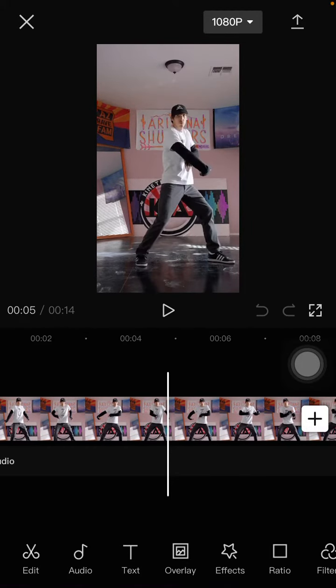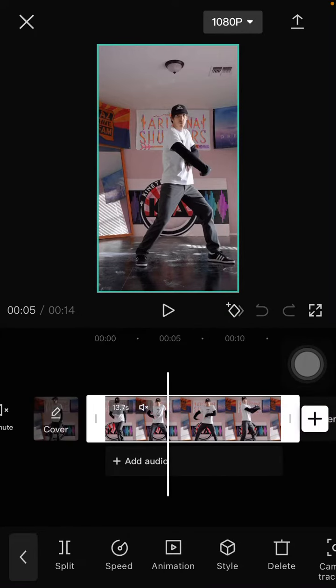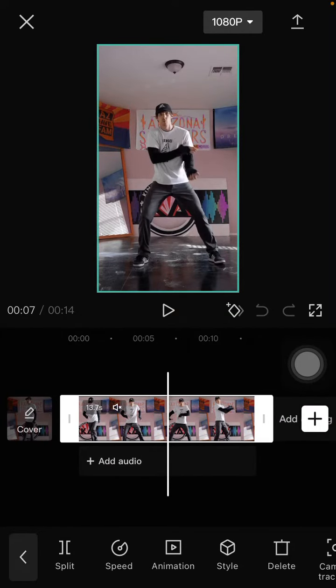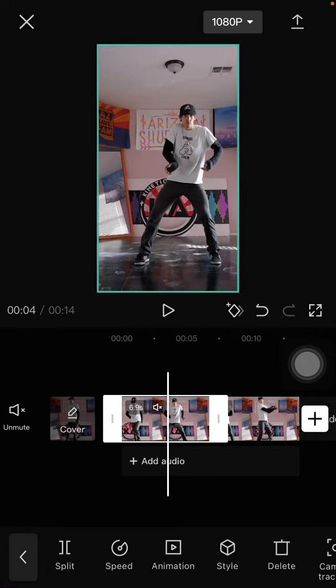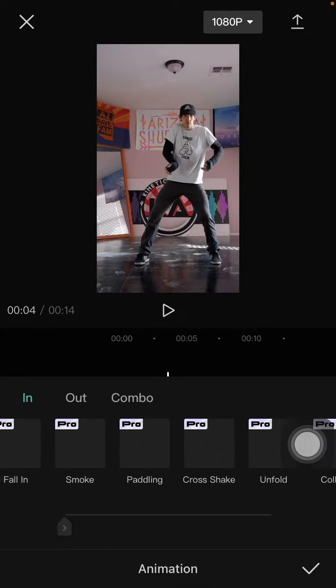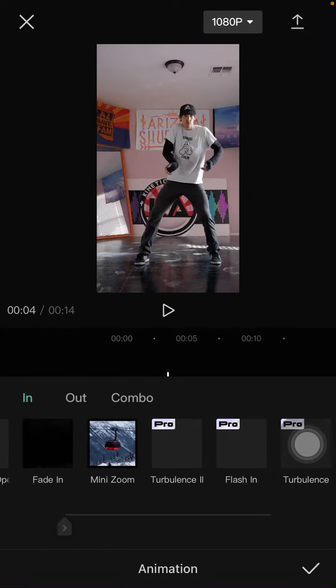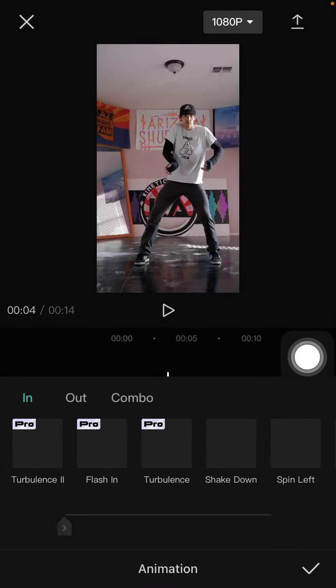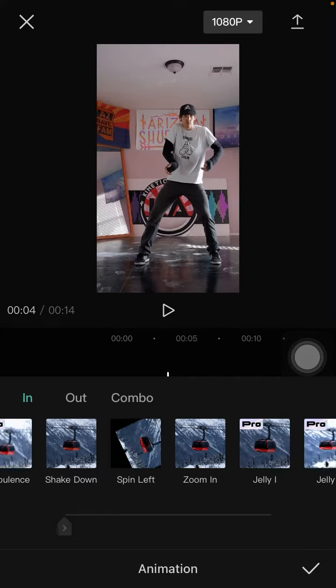I'm going to make it to clip. So the first clip, I'm just going to add animation. Select in animation and just scroll down. Scroll to the right and